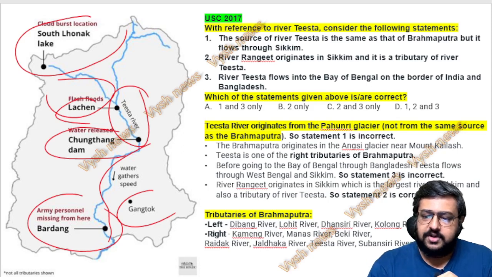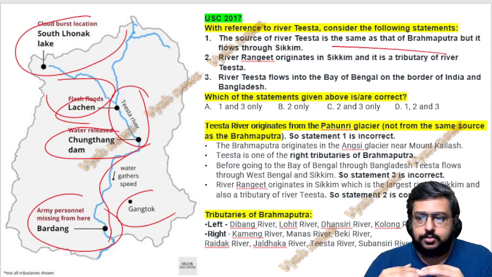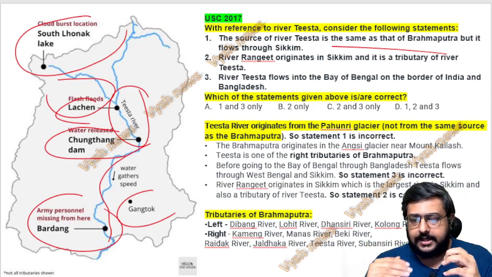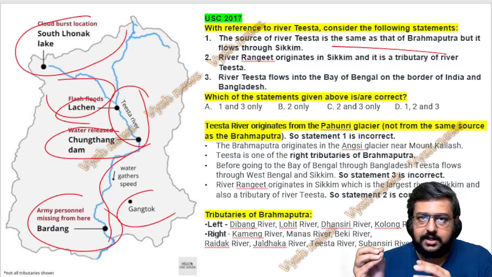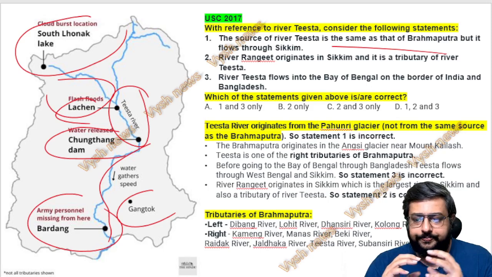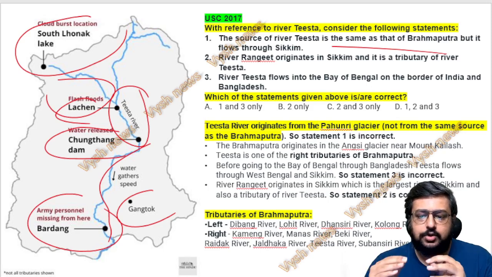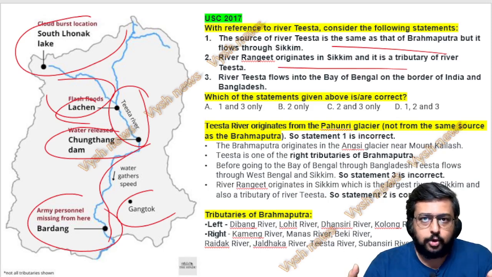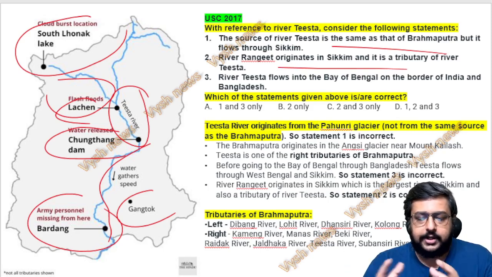So here, the statement said the source of the river Teesta is the same as that of the Brahmaputra. Brahmaputra, at least you will know, is coming from far away from the Tibet area, from a glacier there. And Teesta, if you know, is a local Indian river here in our Sikkim, so you could have at least identified that that statement has to be wrong. And the second statement is a pure factual thing, that river Rangit is a tributary of Teesta. If you don't study, you cannot know it. You cannot take any guesswork there.